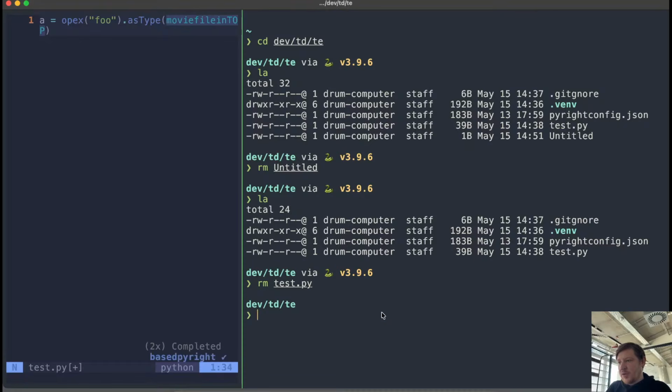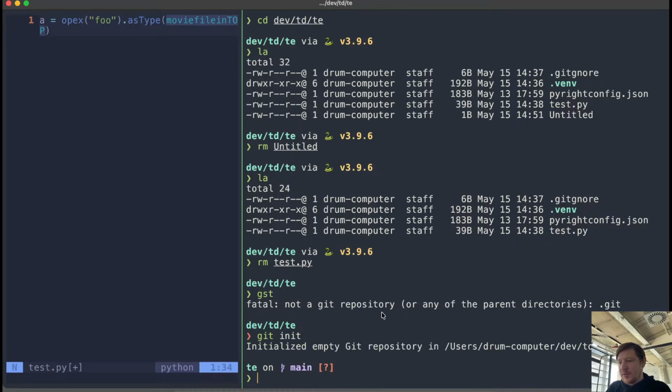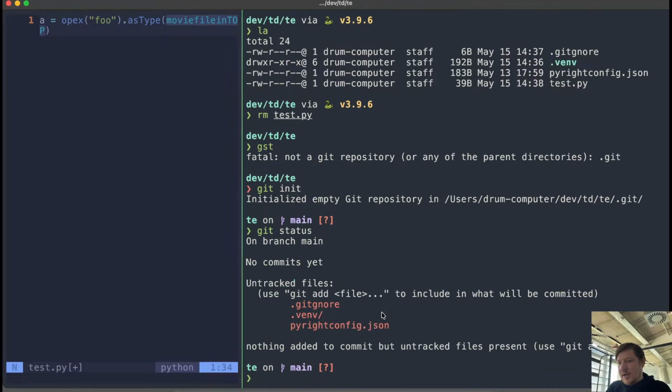I'm gonna talk a bit about the virtual environment and the pyright config file a bit later, but for now we're just gonna organize GitHub repositories. So we don't have a Git repo yet, so we're gonna create one, say git init. Initialized empty Git repository, and then we're gonna say gst, which is short for git status. I mean, I'm gonna use it without any fancy shortcuts for now, so you can follow. Git status, we have this,